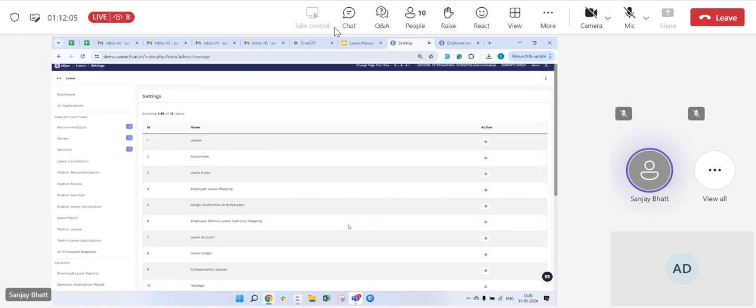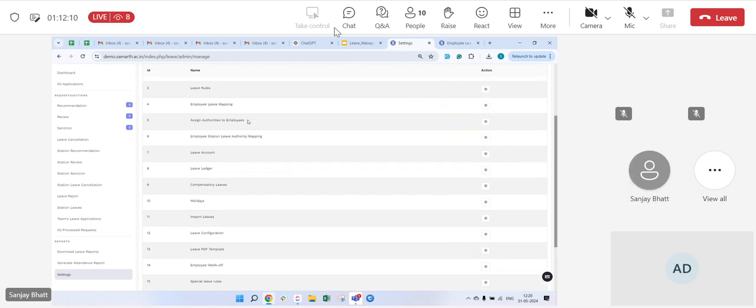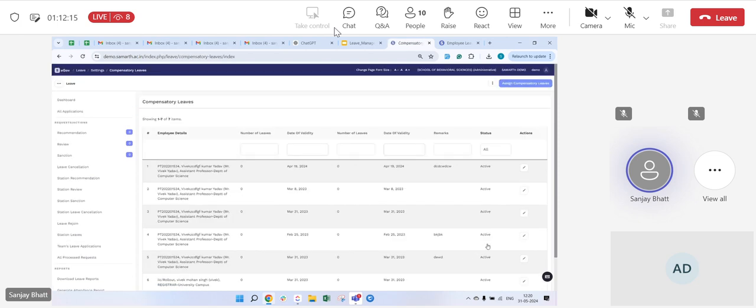Then next, we have the setting for compulsory leave. Here you can assign compulsory leave to the employees, like if any employees are working on week offs and holiday days. Before assigning the compulsory leave, the leave admin needs to create the leave rule, and while creating the leave rule, the leave admin needs to select the flag as compulsory leave in the leave rule. After that, you can assign the compulsory leave balance